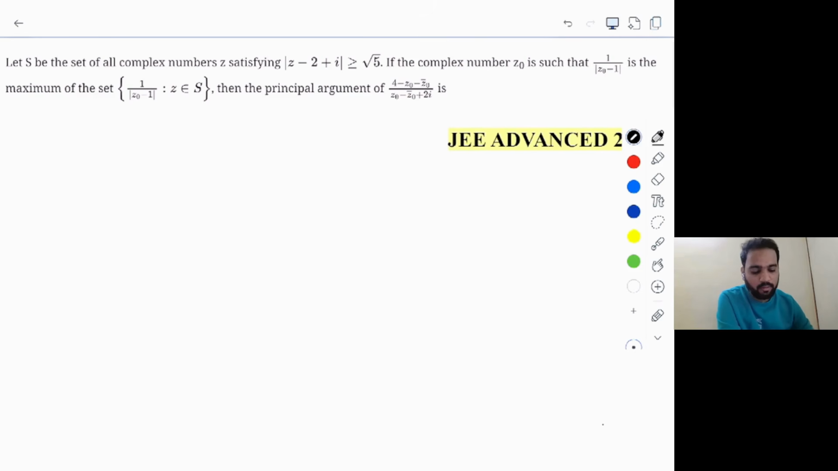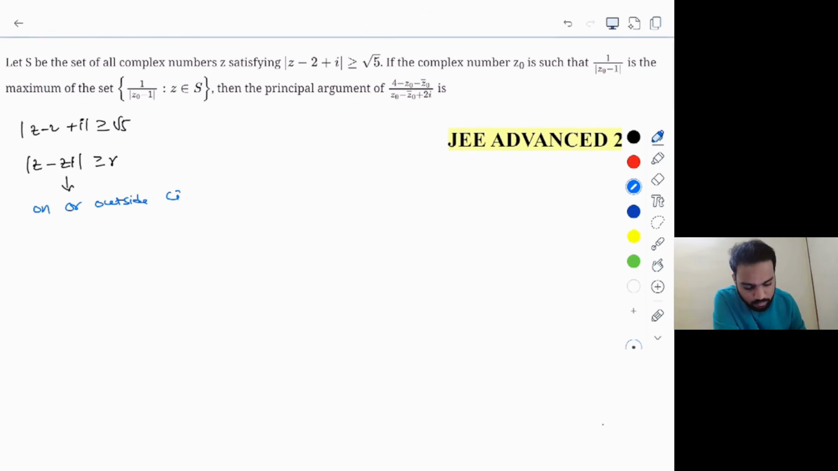Let S be the set of all complex numbers satisfying modulus of z minus 2 plus i greater than or equals to square root 5. So let's analyze this first inequality, then we'll go to the next part. Modulus of z minus 2 plus i greater than or equals to square root of 5. So it is similar to the inequality that we already know, that modulus of z minus z1 greater than or equals to r. And this is representing the region on or